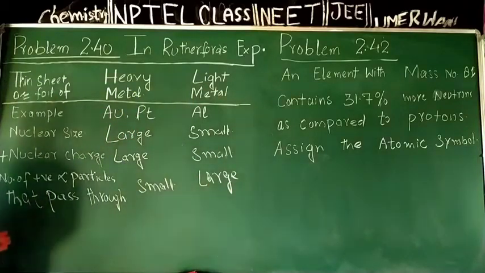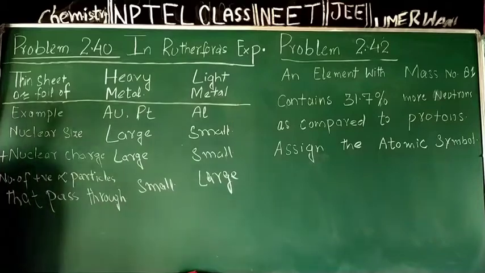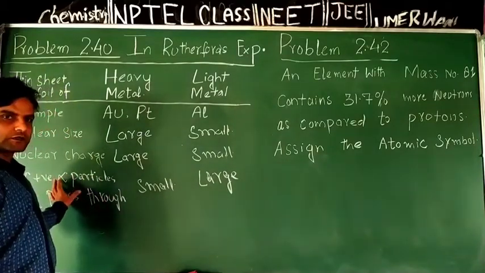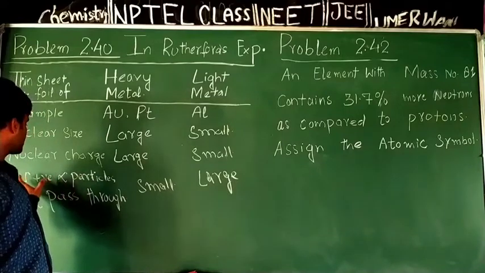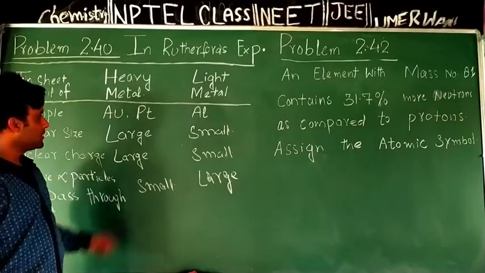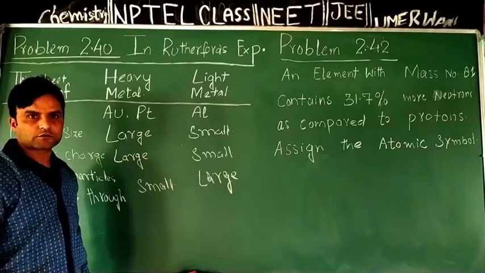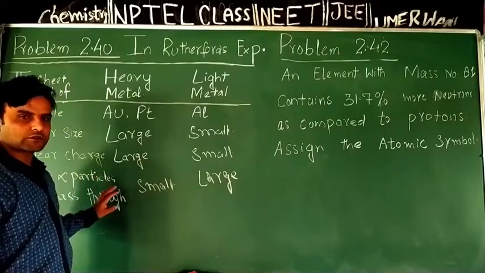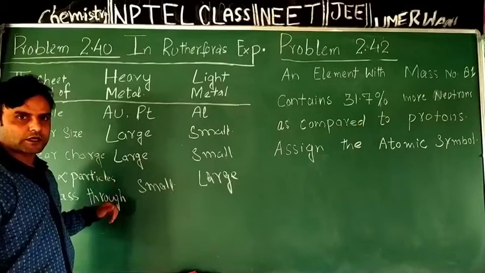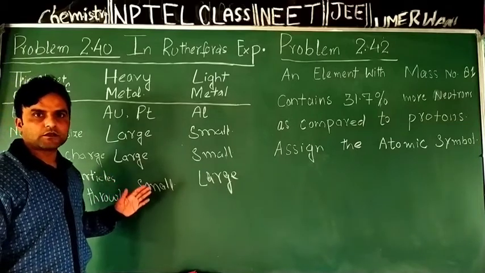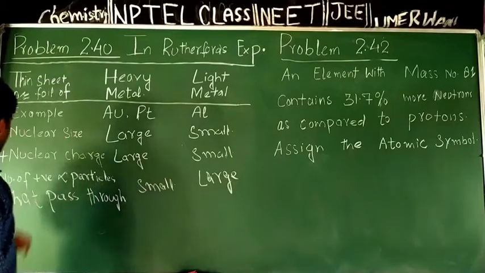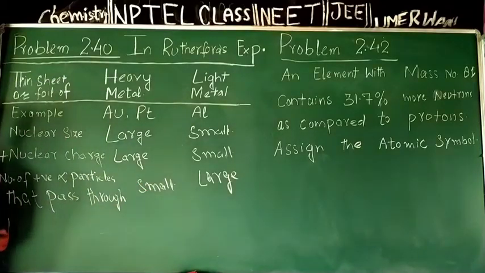Next contrast I can make. Now visualize a situation first. Alpha particles are positively charged. The nucleus is also positively charged. There is repulsion. As a result of this repulsion, alpha rays will get deflected by small angles or by large angles. Now I can make a contrast on the basis of the number